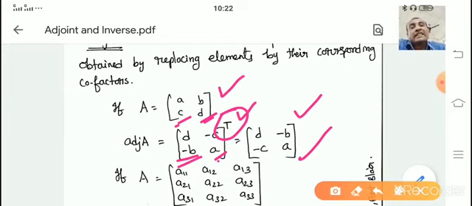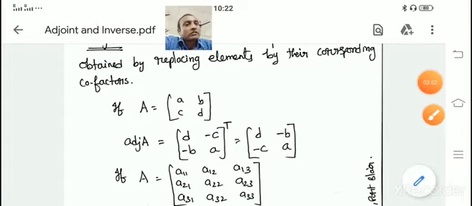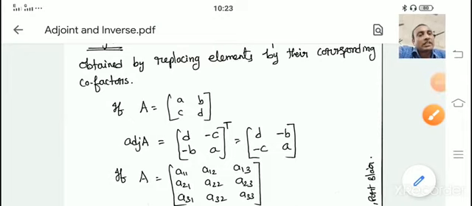You can remember it in another way also, for finding the adjoint of a 2 by 2 square matrix. Whenever they ask directly, you write the adjoint, if it is an MCQ, or sometimes in a long question you will have to use the adjoint of a square matrix of order 2 by 2. If the question is long, you don't need to do all the steps whatever I have taken here. So that time what we have to do?